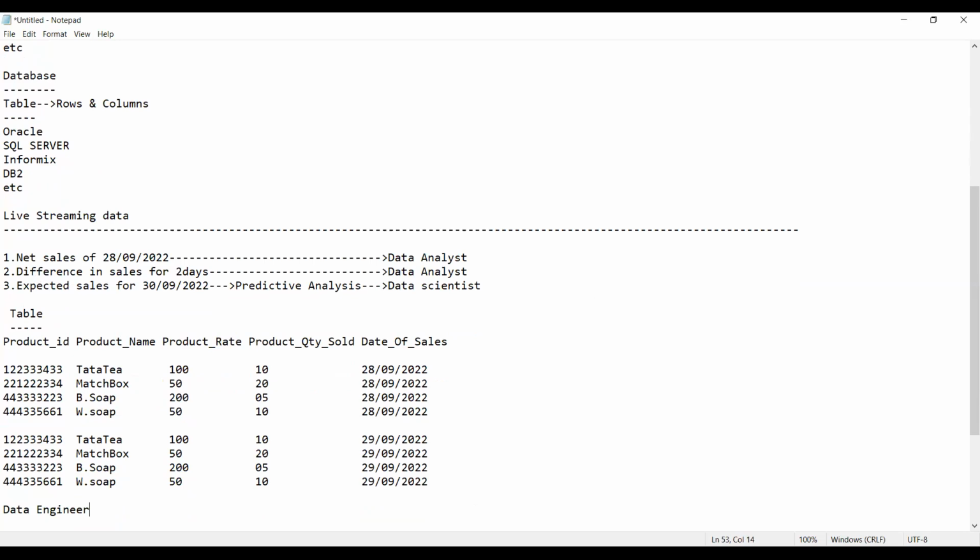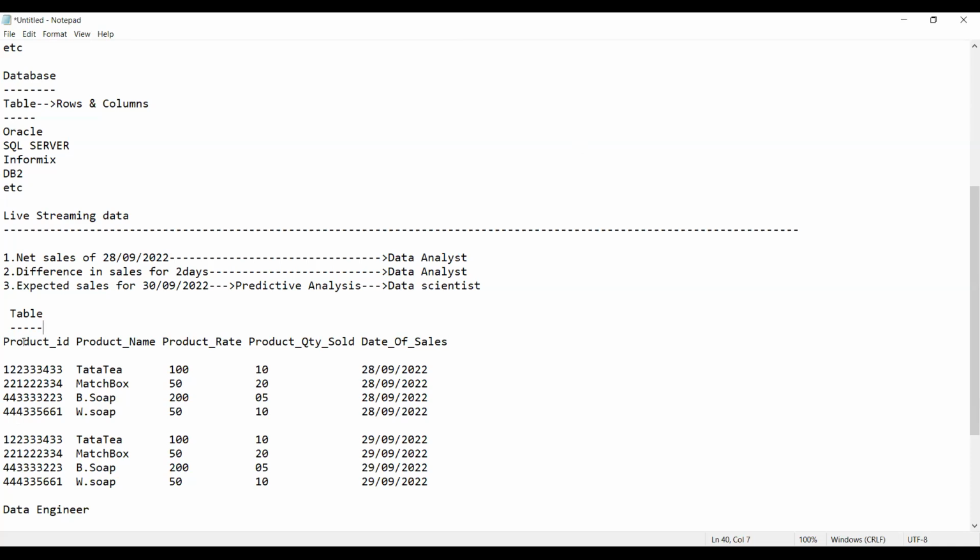Now, guys, first of all, you have the data. To find out the net sales amount, see what I am doing. This is called the decision of extraction. I'm taking a decision before the data is extracted. Before we extract the data, we need to find out what we require for my output.